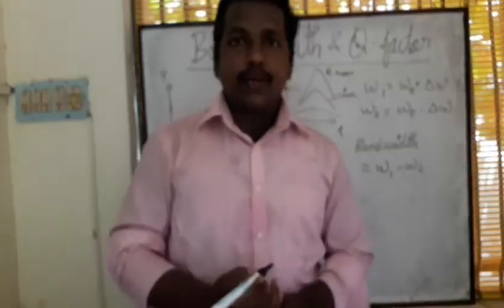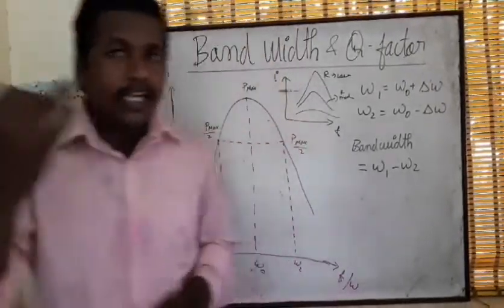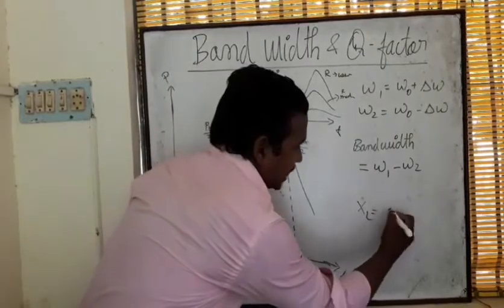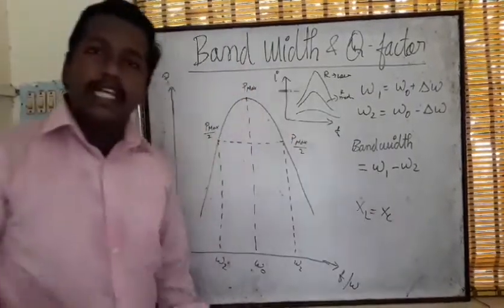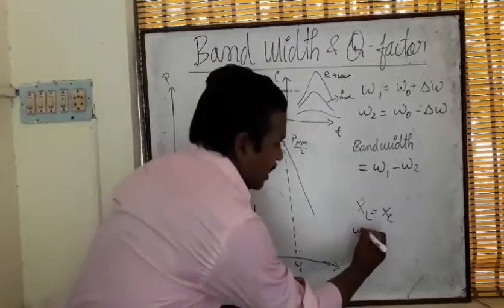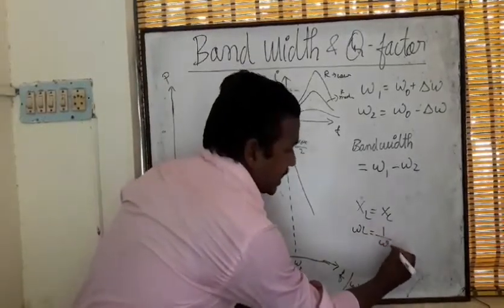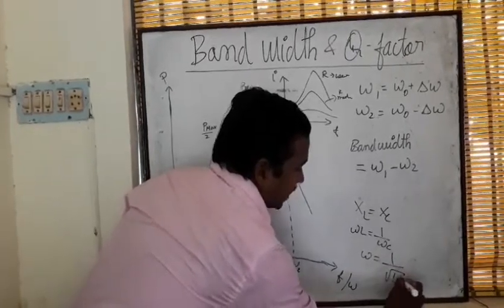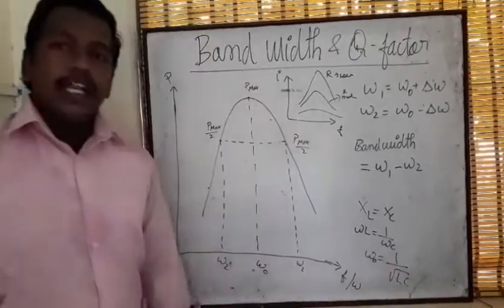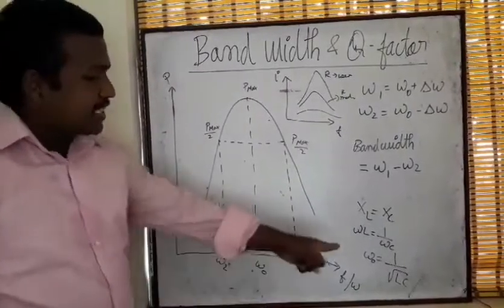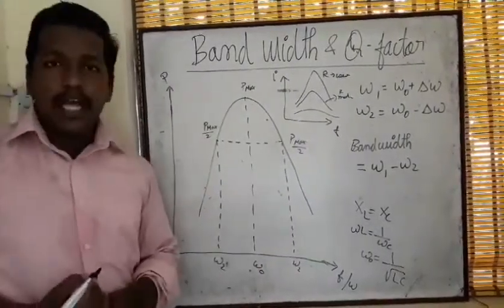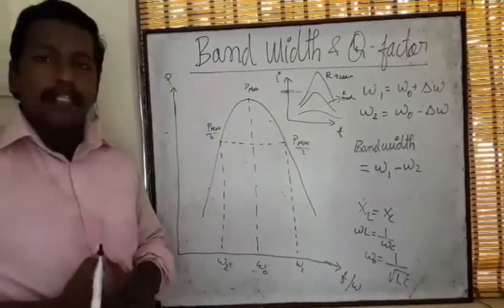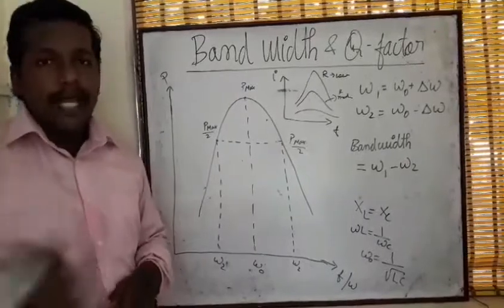So from the LCR circuit we know the resonance frequency and the resonance omega also. Okay, so when XL is equal to XC, that is the time we will get the maximum value. XL is omega L, XC is 1 by omega C. So omega is equal to 1 divided by root of LC. Omega naught we can take as the resonance value. So when this condition is there, the peak value is going to be the maximum. And this is half of the power, it's called the minimum bandwidth. This half of the power we can call the maximum power bandwidth.